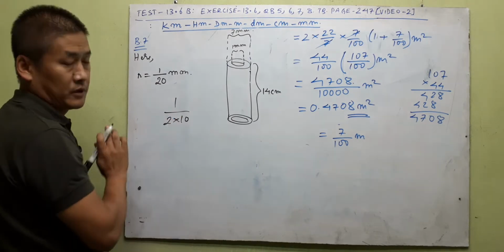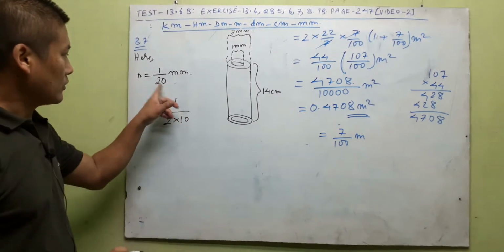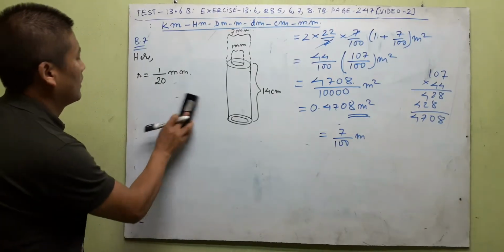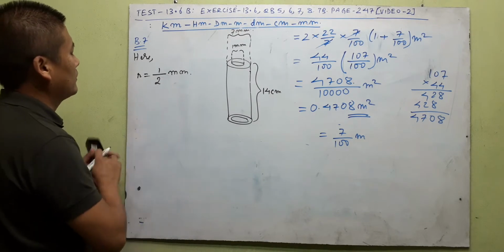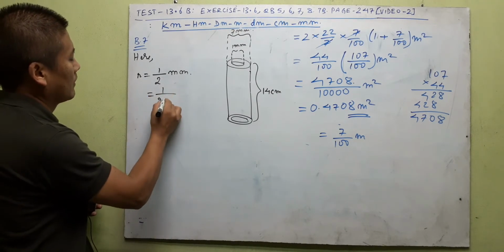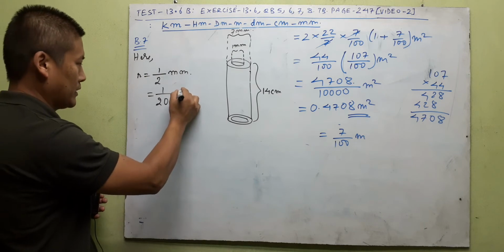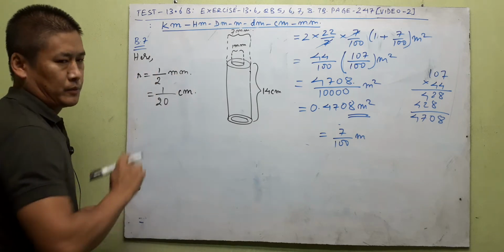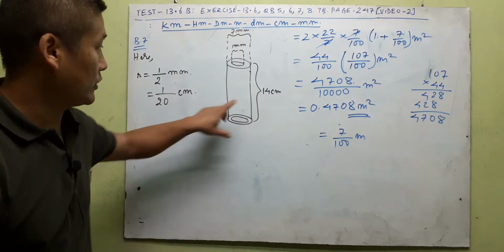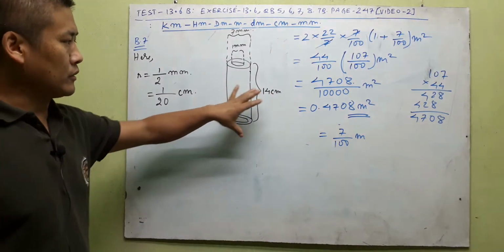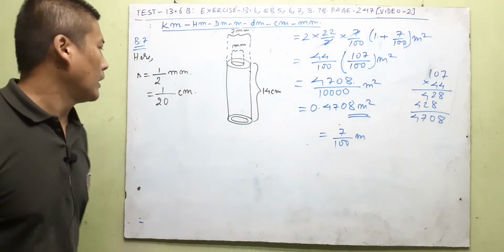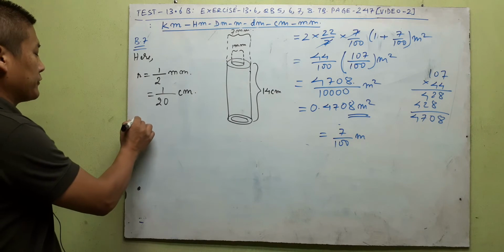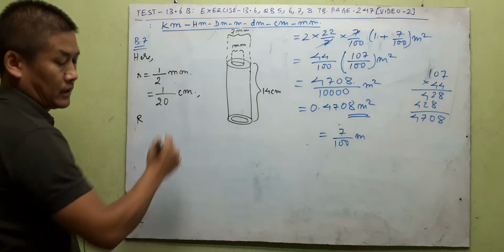So we're going to divide, which means 10 will be in the denominator. So 20 directly. So 1 by 2 millimeter will become 1 by 20, and then no more millimeter, it will become centimeter. Why? To match up with this centimeter, because you cannot solve different units, right? So it will create confusion. So r, this is nothing but, let us mention this one,